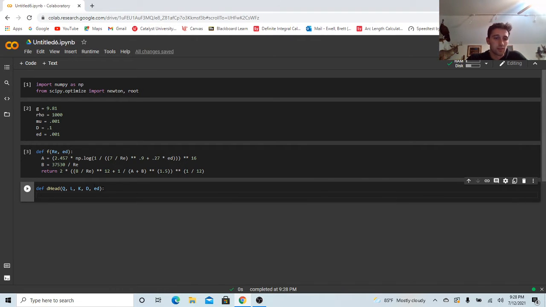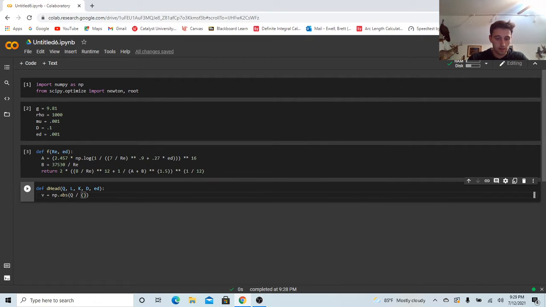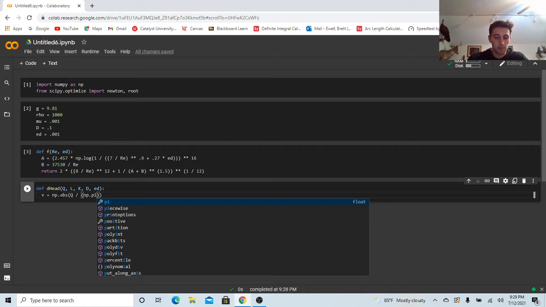Similar things: ED is the relative roughness, L is length, etc., and Q is a flow, all of that stuff. So in this, we will want V equal to the absolute value of flow divided by np.pi